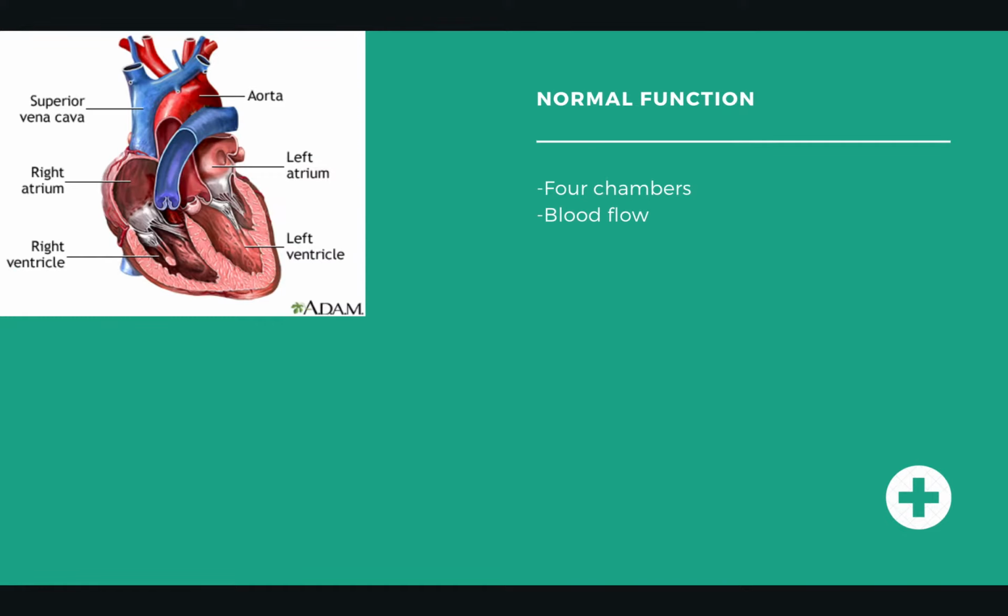Now, I want to talk about the normal function of the heart first. There are four chambers. First, blood flows into the right atrium here. Then it goes down a valve into the right ventricle. The right ventricle pumps the deoxygenated blood around into the lungs. Then it comes back down into the left atrium, goes down another valve into the left ventricle, which is the final chamber of the heart, which then pumps the blood into the aorta, which goes to the rest of the